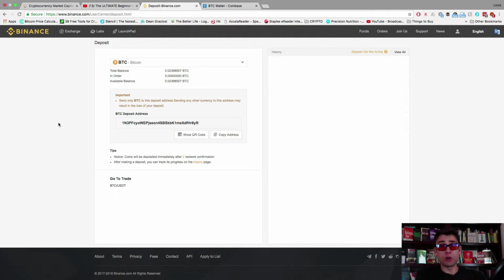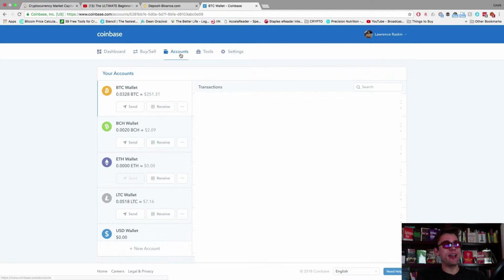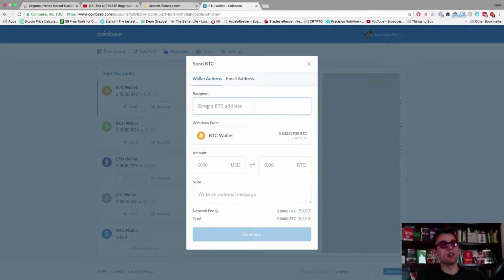It's probably going to be Coinbase or GDAX because that's what most people use. So you could just head back over to Coinbase, click on accounts, and then you'll have your Bitcoin wallet and your other wallets here. So let's say that you want to send some Bitcoin over. All that you would do is click the send button right here, and then paste in the deposit address from Binance into Coinbase, and you could see that there's a little check mark right there saying that it's validated,